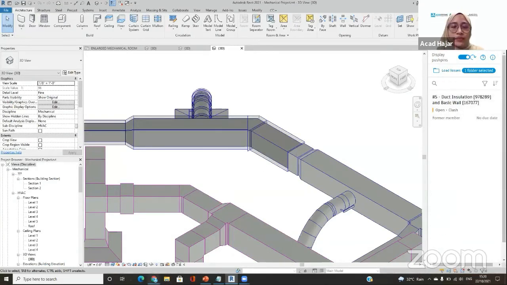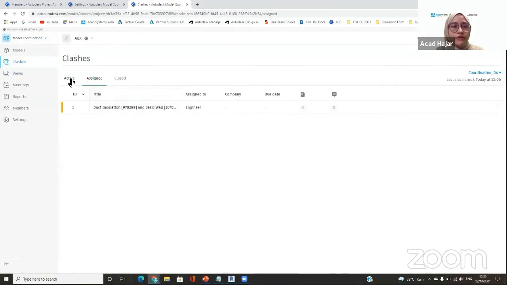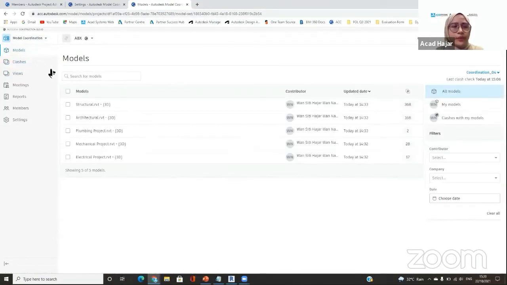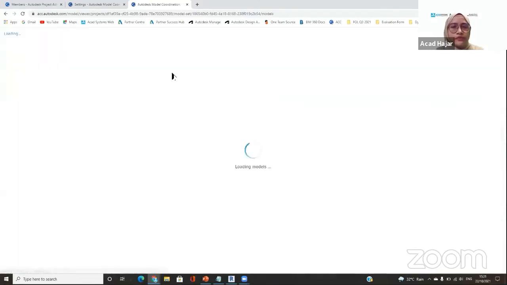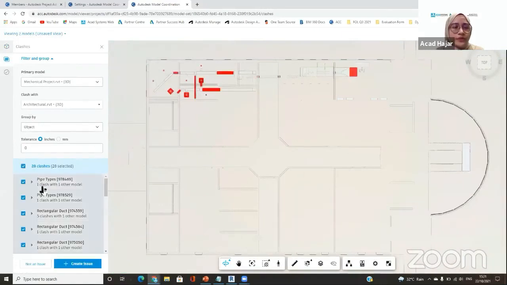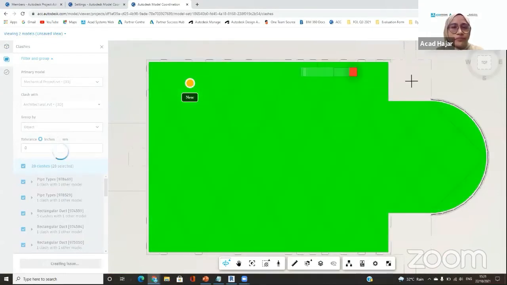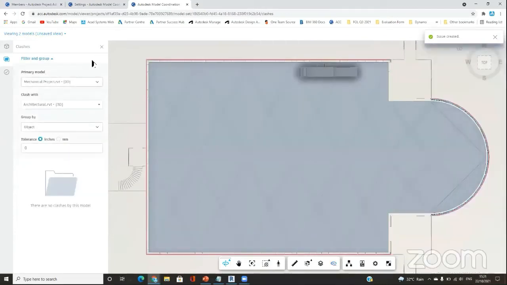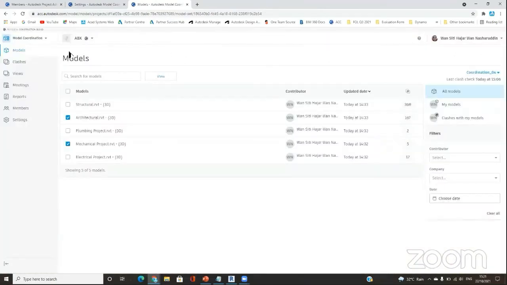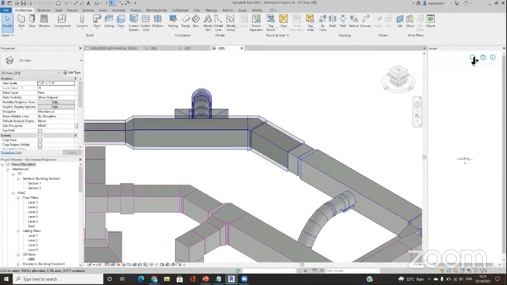So for instance, if I go back to my clashes over here, the clashes that we have from the active, just now from my model between the mechanical and architecture, I view them to see all those clashes. Let's say that for all of these, I'm going to create an issue. I'm just going to specify any of that. Done. There are 28 issues. If I go back to clashes and under the assign here, that is 28 clashes assigned. If I go back to the Revit model and click on refresh here,